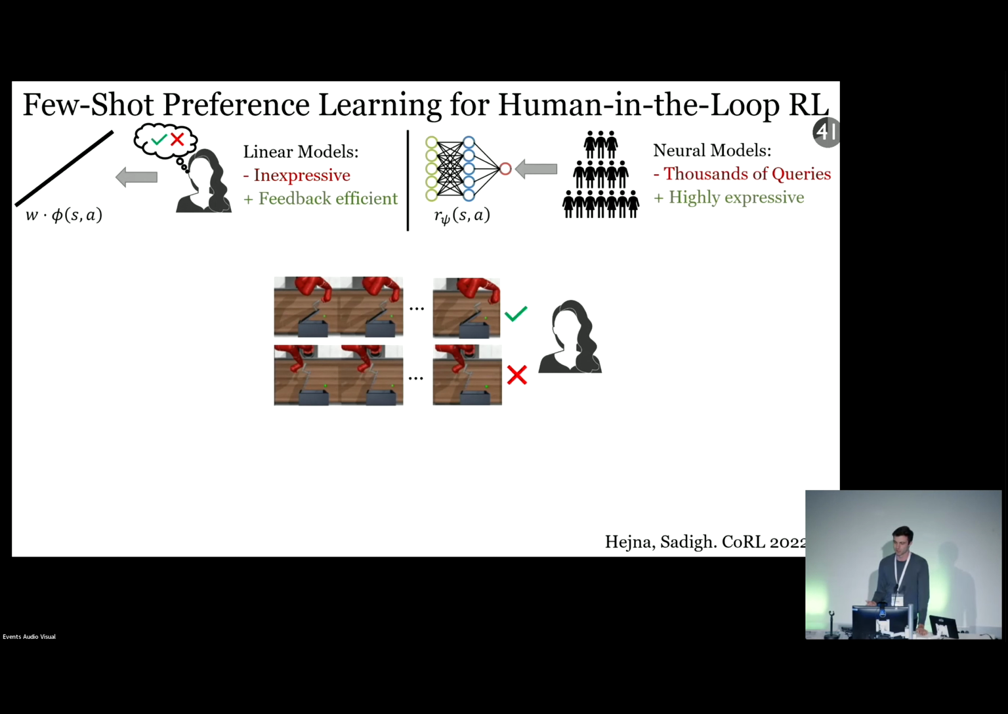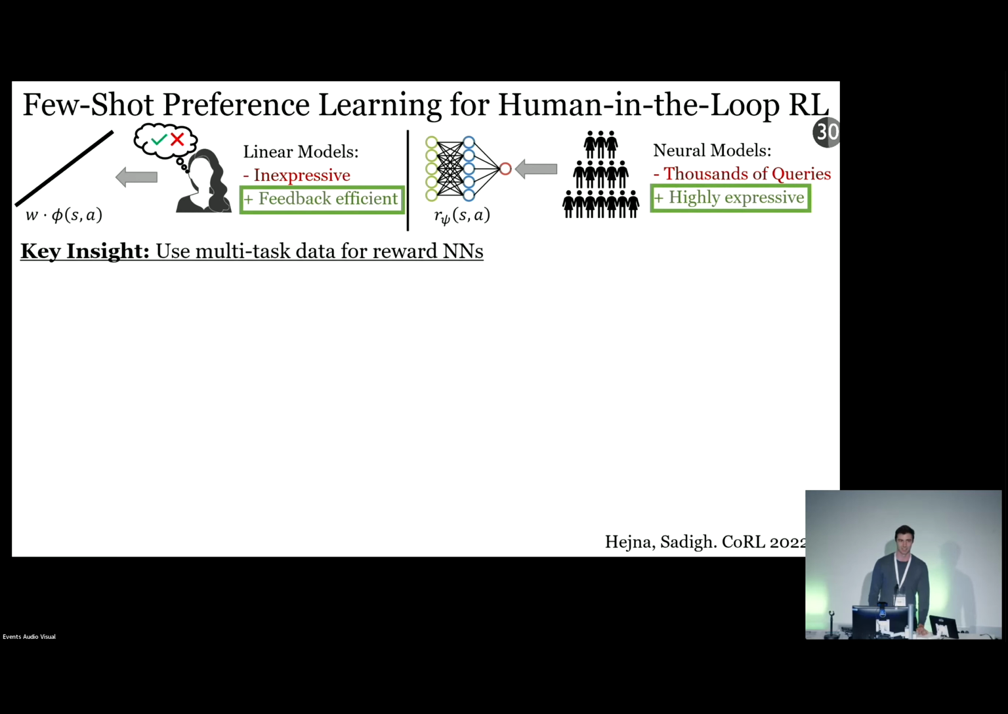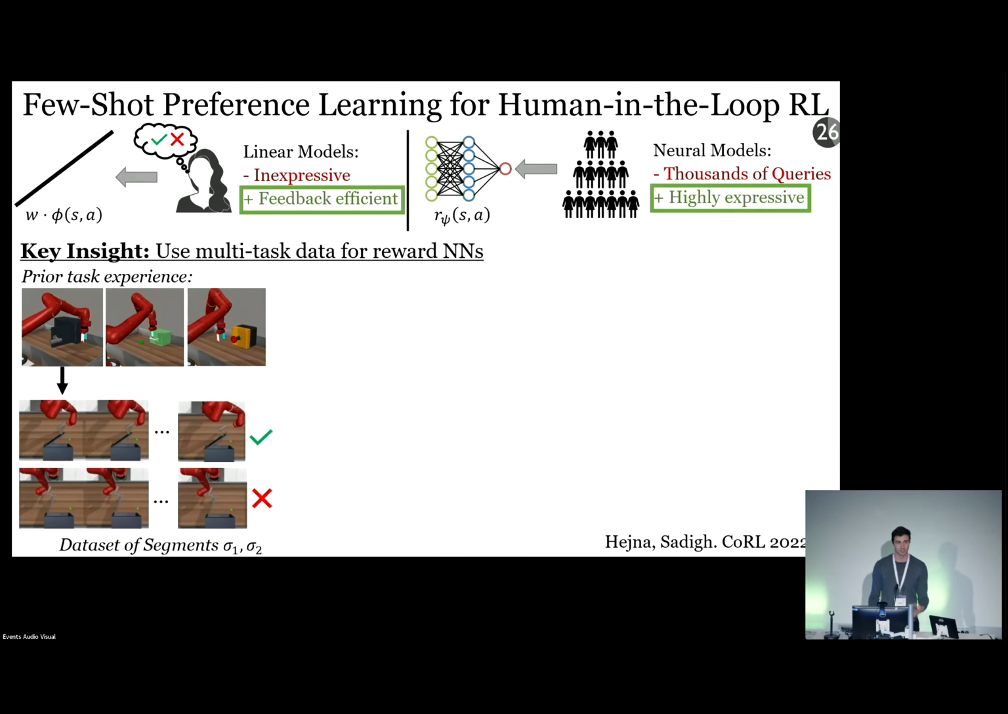On the other hand, if you use a neural network, you have to use thousands and thousands of queries to train the model, which is completely unrealistic, but they're highly expressive. In this work, we try and get the best of both worlds. And our key insight to doing this is to leverage multitask data in order to pre-train reward models and adapt them later. What we do is we take some prior task experience and we label it with behaviors that we